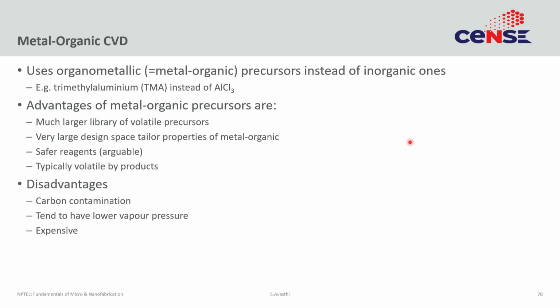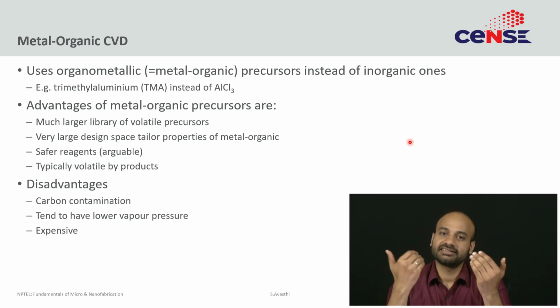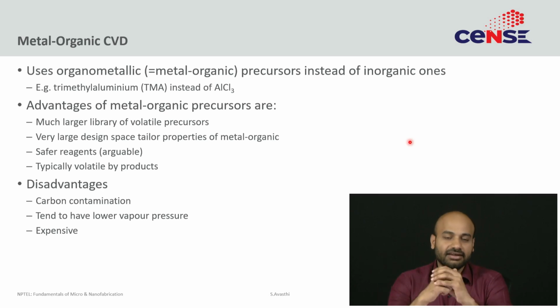There is a general class of CVD which people call MOCVD, which is metal organic CVD. It is not a different type of CVD, it simply refers to the fact that the precursors can sometimes be metal organic. Till now we have discussed precursors such as silane, right. The problem with silane is it is a fairly dangerous gas. It is pyrophoric, which means it will catch fire if it is ever exposed to air. It is toxic in very small amounts. Nobody knows what silane smells like, because if you ever smelled it, you would not live to tell the tale.